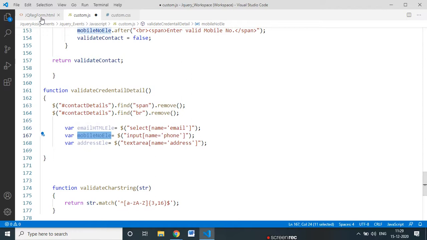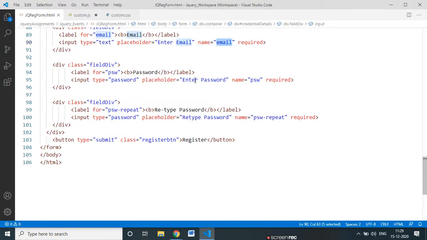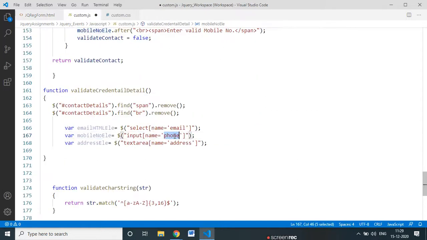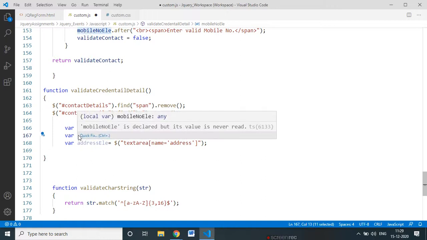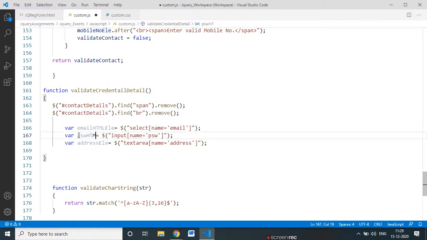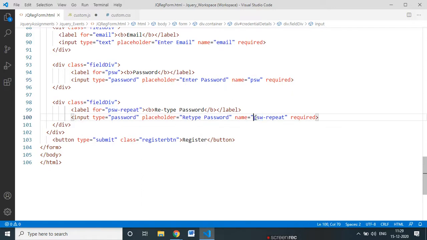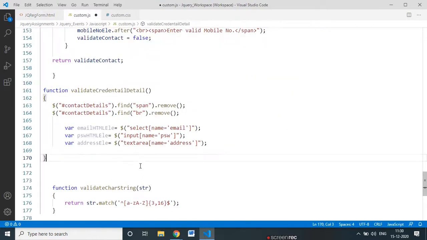Now the next field is password. Here the name is PSW. So I put here PSW and I will say PSW HTML element. I give it this name with HTML for better understanding. After that, the name is password repeat. Repeat means recheck the password.